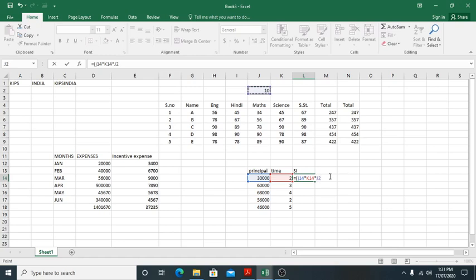So we will write here $J, the dollar sign we get with Shift 4. $J, then $2. Okay, slash 100. 6,000 we have got. Now students, when you drag it,